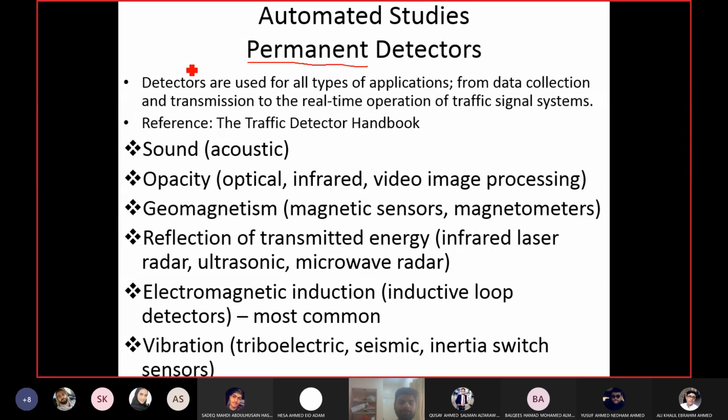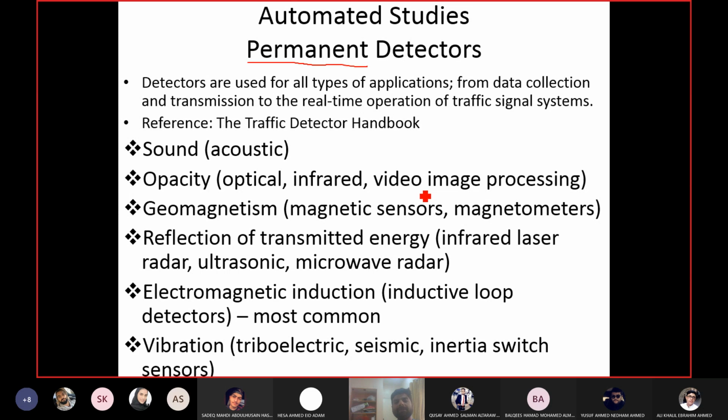They can measure the speed and so on. So these opacity detectors can be just capturing the image of the road, or they can be capturing the infrared image of the road, or they may be capturing the video. Okay. So image means it's a one-time photo, right? Video means it would be a continuous stream of images.